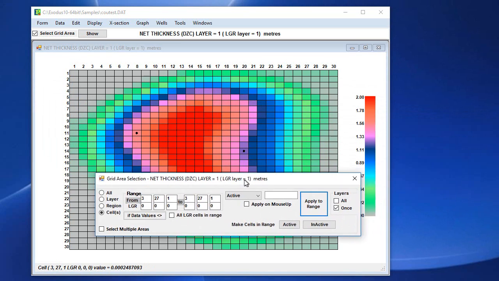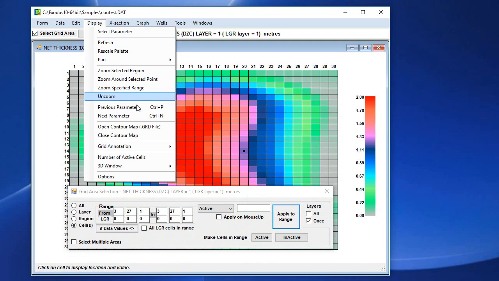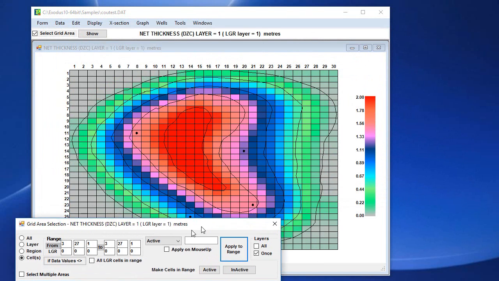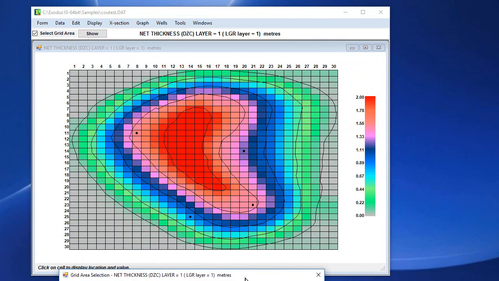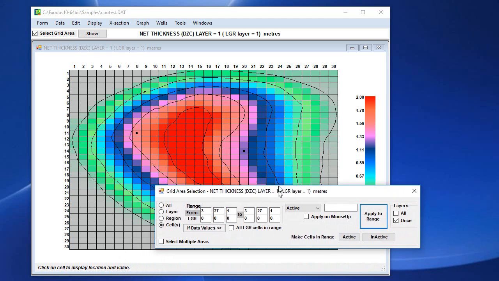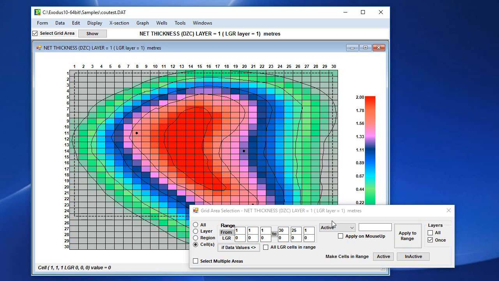So what we would like to do is to show the contour map on top of these values, and this is how the contour map fits over the range of cells. And we want to make all the cells inactive around that contour map. So in order to do that, we can say for the entire range of cells, so all the cells, when we click and drag, it's the same. But if I say all the cells, the entire range of cells,